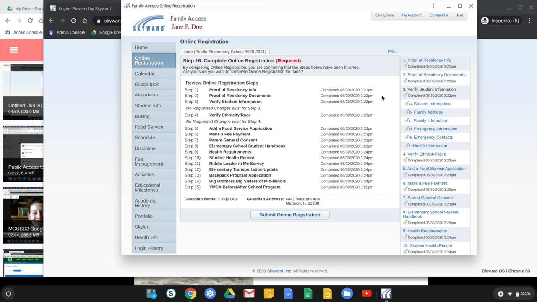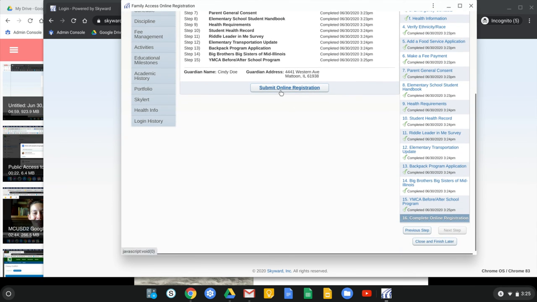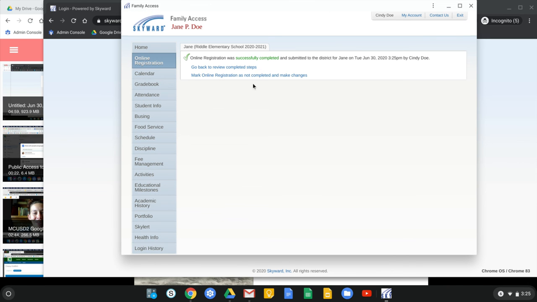We can see that all of these steps are completed. It says that it's completed, time-stamped with the date. We also see these green check marks next to each one of our steps. When you are ready, you would just click Submit Online Registration, and that will register your student. You can go back to review the completed steps, and this will show that your student is registered. If you have any questions, always feel free to reach out to the administrators and secretaries